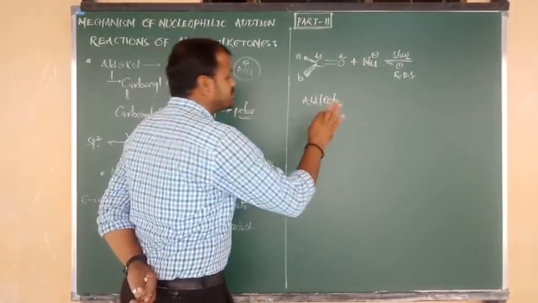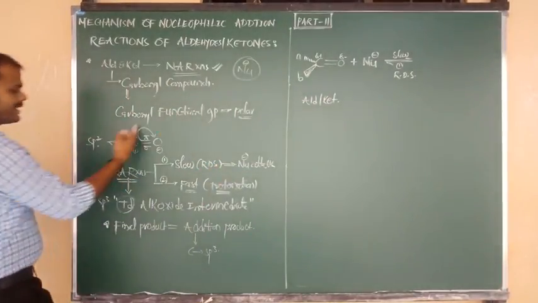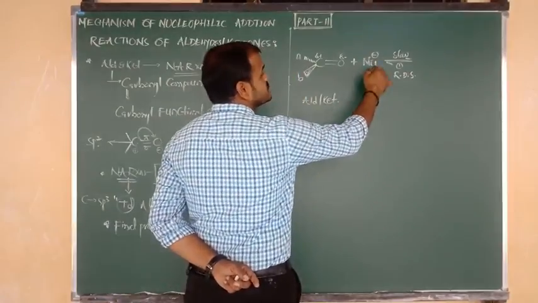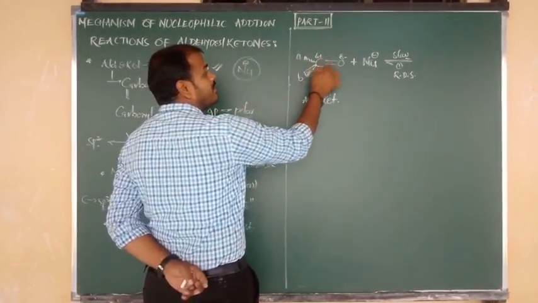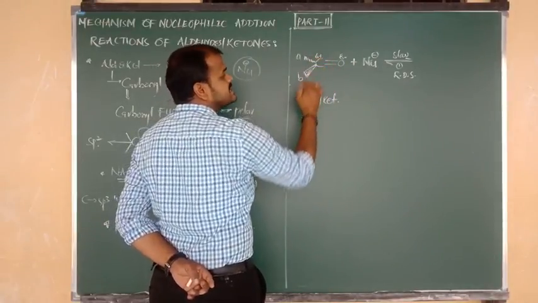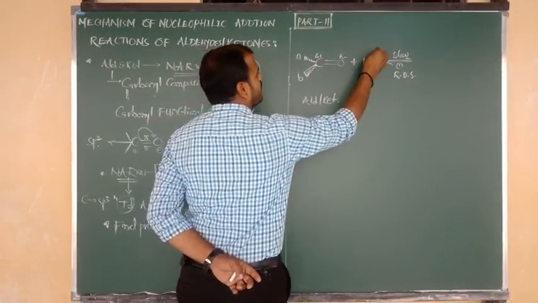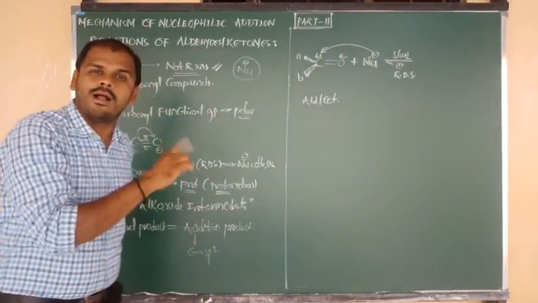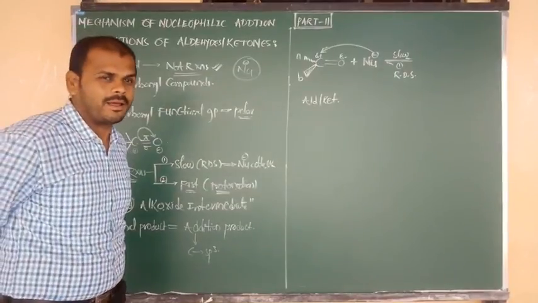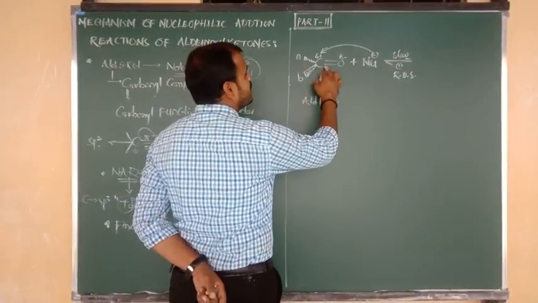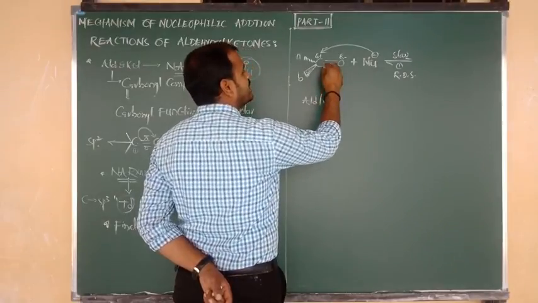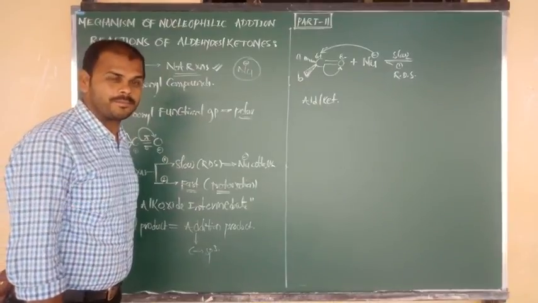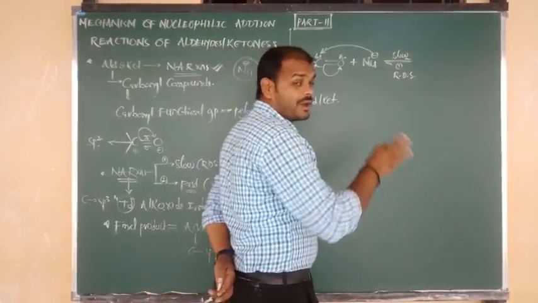Good. So in the slow step, what will happen? Nucleophilic attack takes place upon the aldehyde and ketone. The nucleophile charge is minus. This is the carbonyl carbon, which contains a positive charge. So positive is attacked by negative, which means the nucleophile attacks the carbonyl carbon of the aldehyde and ketone. Clear? At the same time, as compared to carbon, oxygen has more electronegativity, so the pi bond is shifted towards the oxygen. Clear right now?